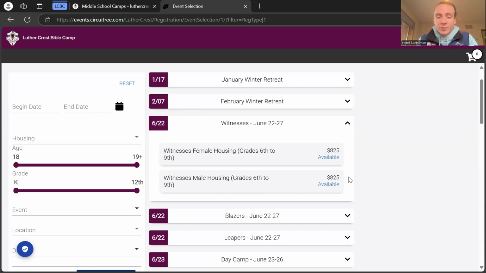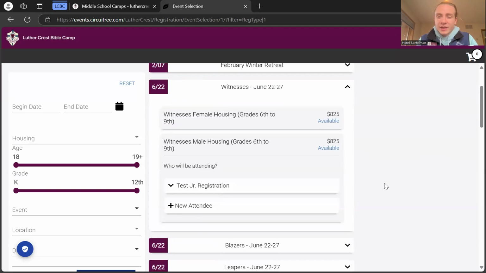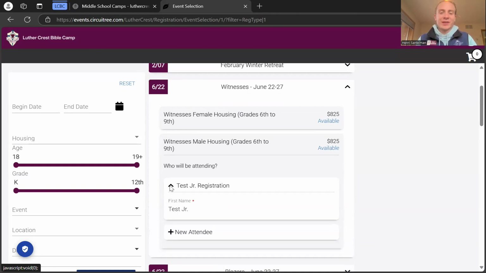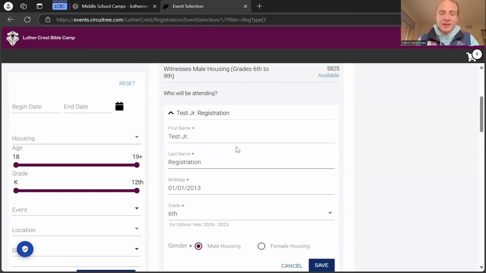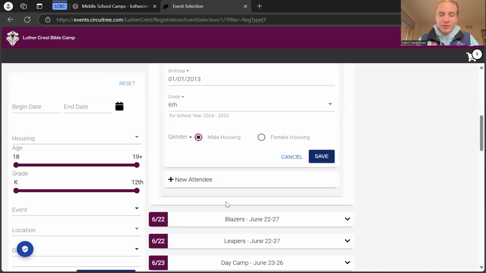Let's say our child is most comfortable with male housing. We're gonna click the male housing option. And then if it's your first time, you'll just have this new attendee button option. If you've registered a camper before, they'll pop up under your account here. So I've registered my friend Tess Jr. for camp before. And this is the type of things that you will fill out when you click new attendee